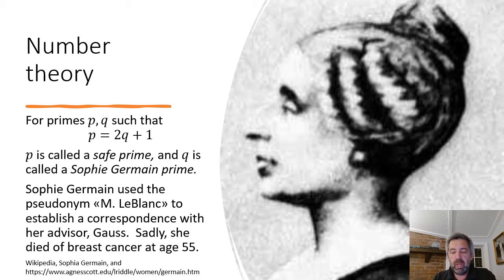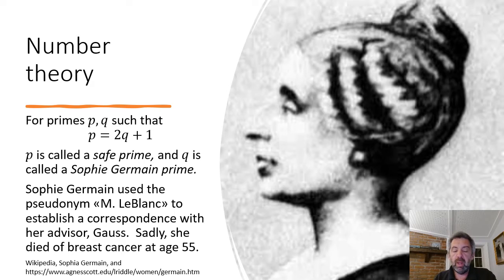Interestingly, Sophie Germain was a brilliant French mathematician over 200 years ago. Because she was a woman, she was not allowed to study mathematics at university. Instead, she studied in her family library, and she established an anonymous correspondence with her advisor, Gauss, and she used